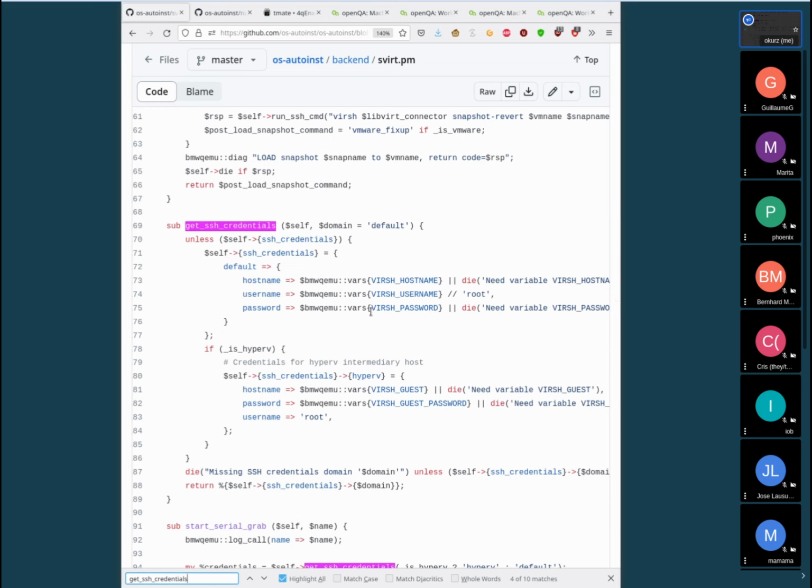So how do you connect to the hypervisor host? Only the username is defaulting to what one commonly has, and hostname and password are actually required. So you do need the hostname and the password, and then you can connect to a